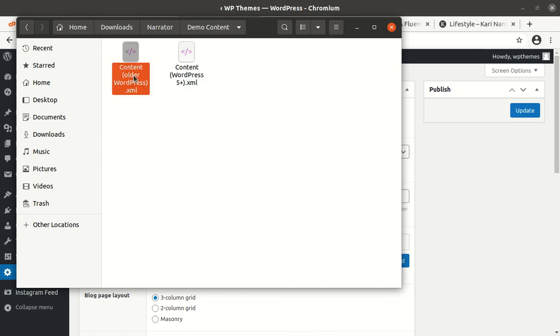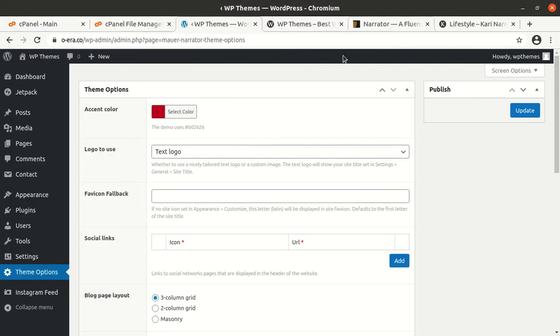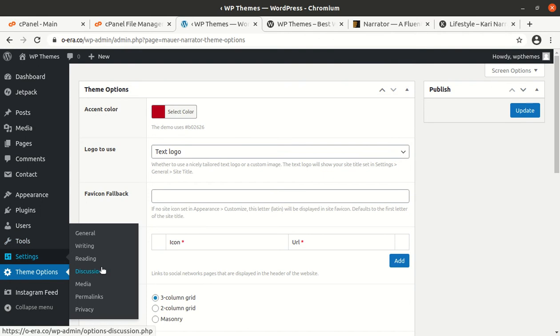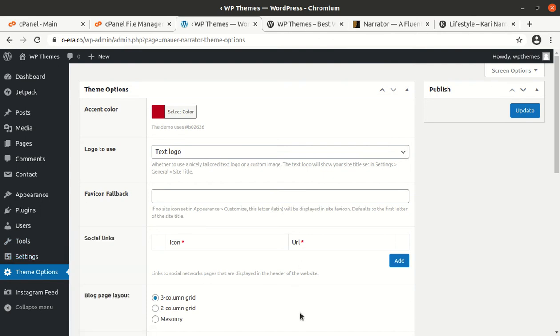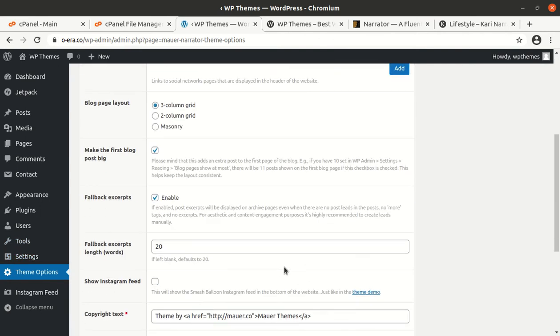this is the demo content, older WordPress content. Okay, so we have the XML file for the demo import, and we can use the WordPress importer option for getting the demo content.